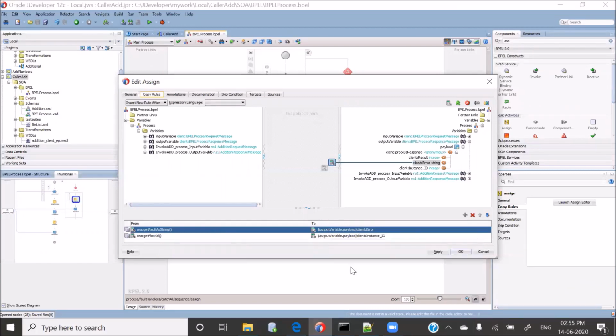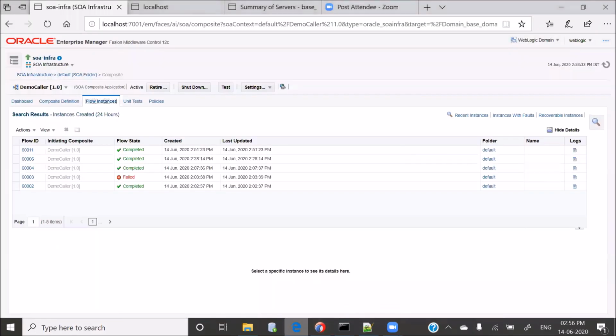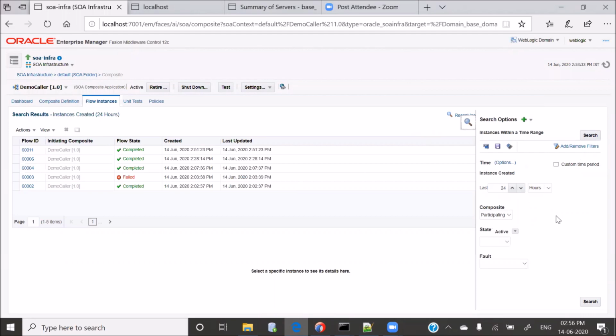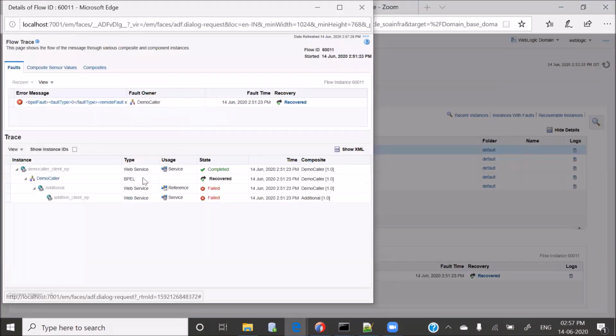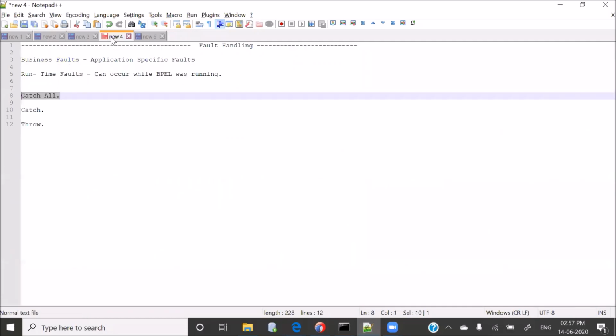Then the monitoring person who is going to monitor your composites only needs to go to the audit table and directly query select star from audit table, and they will see only those two flow IDs. Because they have the flow ID, they can directly come up here and search only those flows using the flow ID. The person will go inside that flow and come to know what the error is and at which particular point they got the error. So this is how you can handle any kind of errors using the catch-all block.